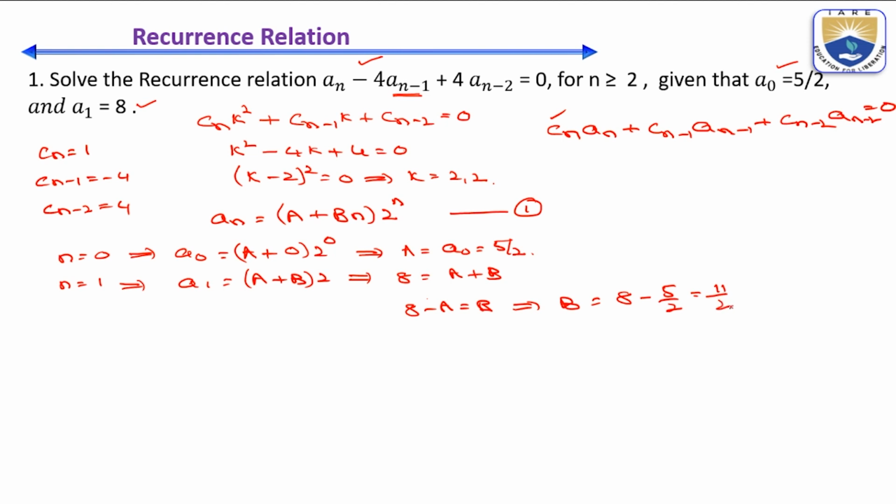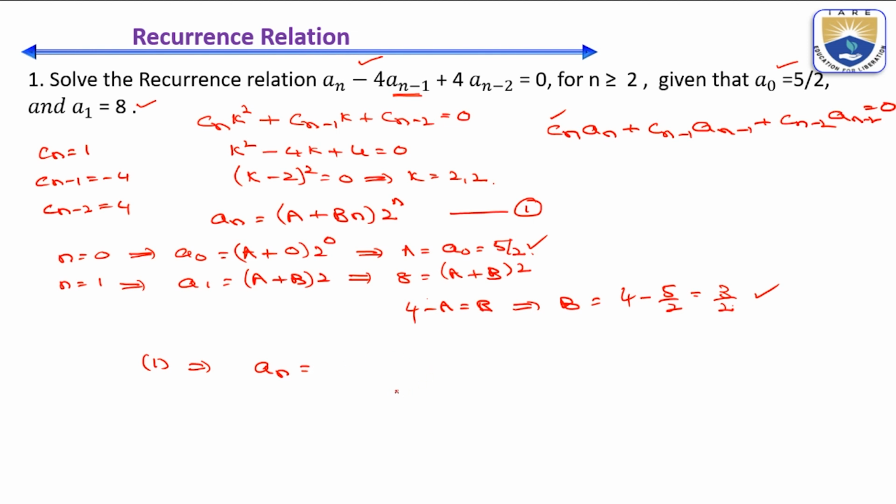Subsequently, A is equal to A plus B into 2 will be there. So I am going to have, this will be 4, so it is nothing but 4. Then it is 4, 8 minus 5, it is 3 by 2. So now A is 5 by 2 and B is equal to 3 by 2. Then equation 1 will become,